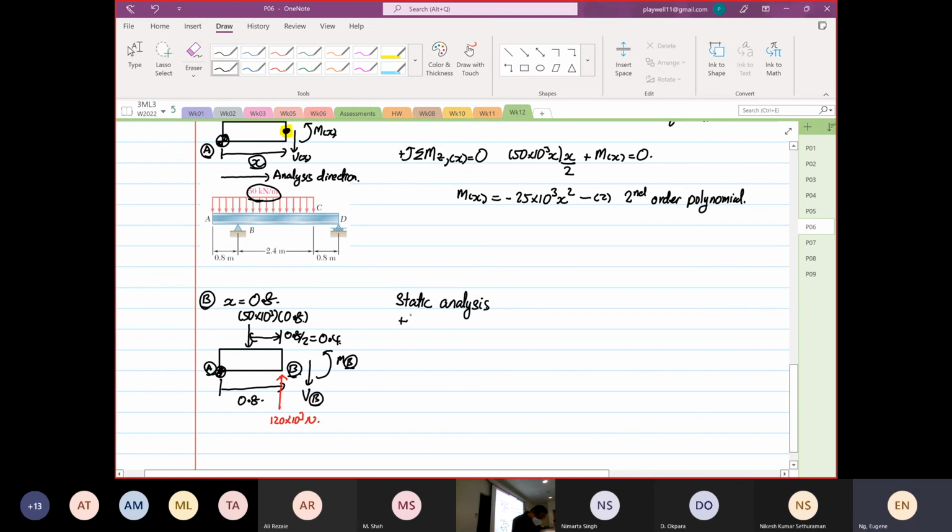Okay. So positive is up, summation of forces in the y direction is equal to 0. We will have minus 50 times 10 to the power 3 multiplied by 0.8, right, it's coming down, plus 120 times 10 to the power 3 minus V at point B. Okay. Now, why this is coming down and why this is anti-clockwise is because we make the assumption what? Positive what? Shear